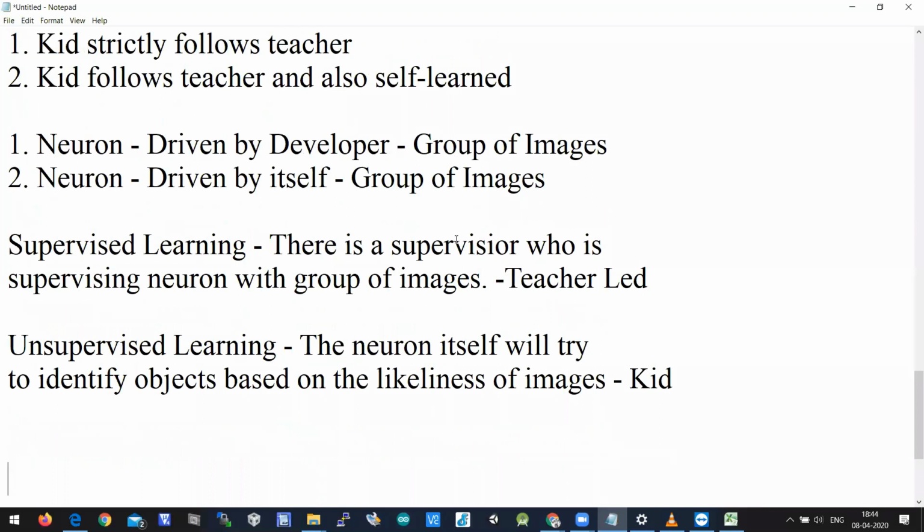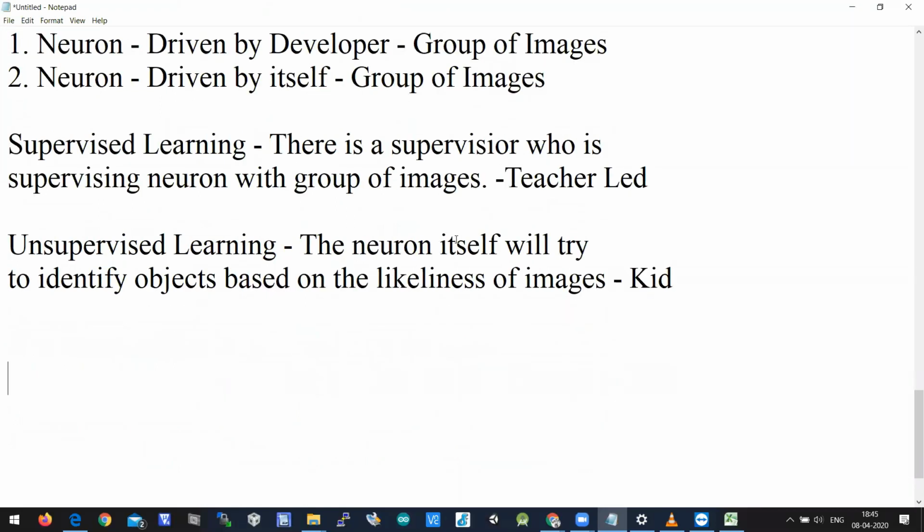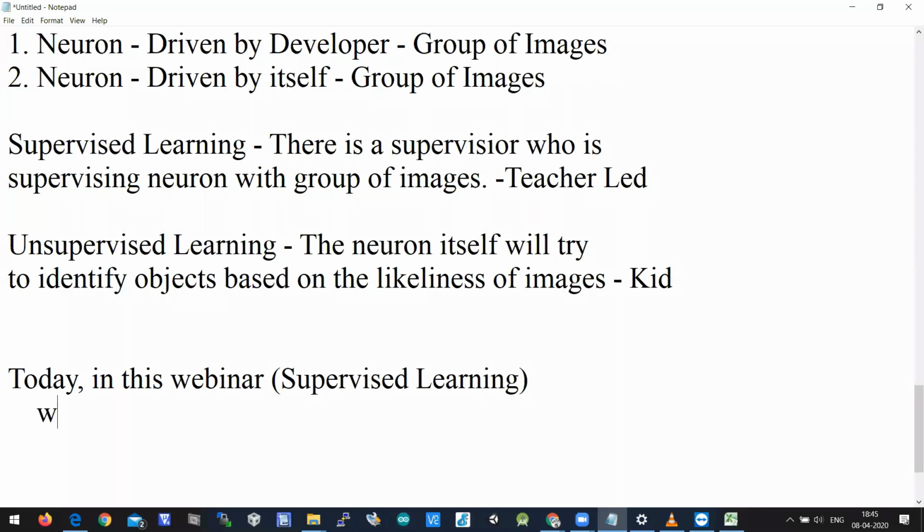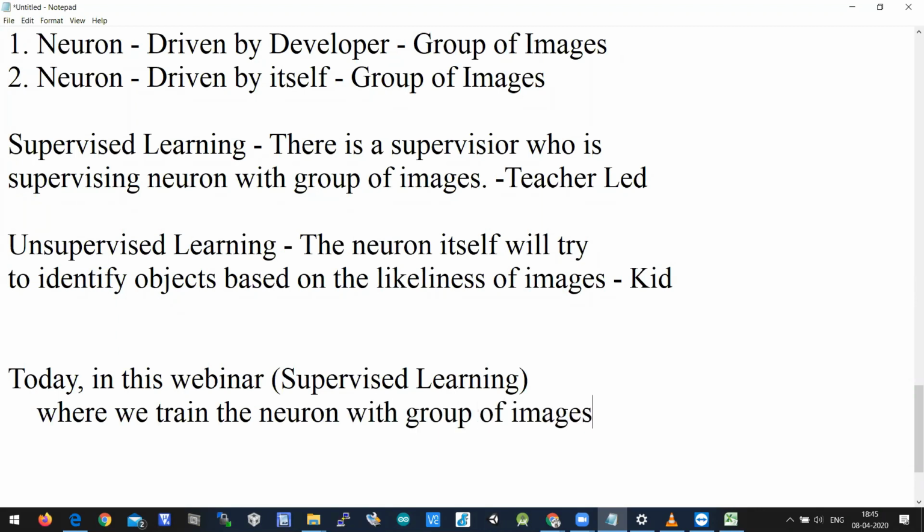So today in this webinar, in particular, we will be using supervised learning, where we train the neuron with a group of images and we supervise them according to the labels.